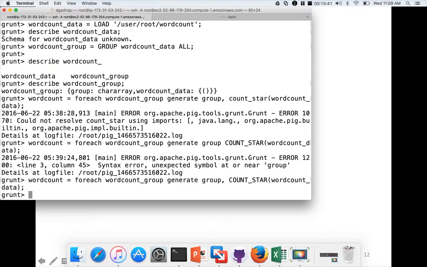Okay, and now you have to use dump or store. Dump is to run the program and display the output of the entire script which is written so far here, or if you want to store it back into HDFS, you have to use the store command. So dump word_count. Once I issue this command, it will take these four lines of code used to generate this word count, and then it will write Java based MapReduce code using MapReduce APIs, and then it will compile into a jar file, and that jar file will be submitted as a MapReduce job in the cluster.